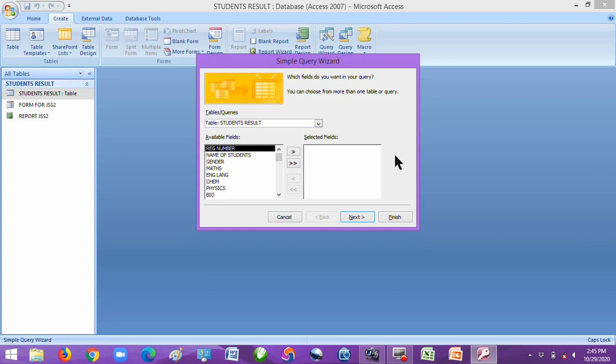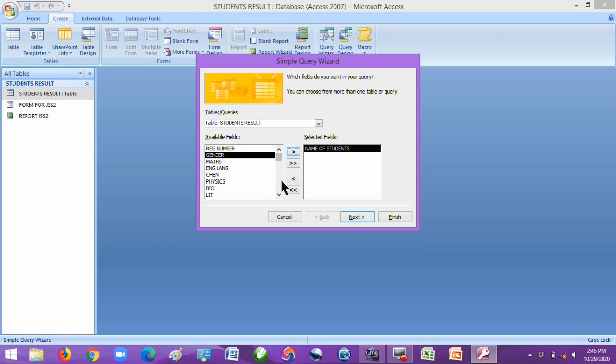Let's assume you have prepared the table and the table is complicated, containing all the detail that you need pertaining to each student. But there will be instances that you will not need all the detail at a particular time. Let's assume, for instance, it doesn't need the student registration number. Let's take it for instance. You only need the student name. You can now select name and add it to the selected fields that you want to use.